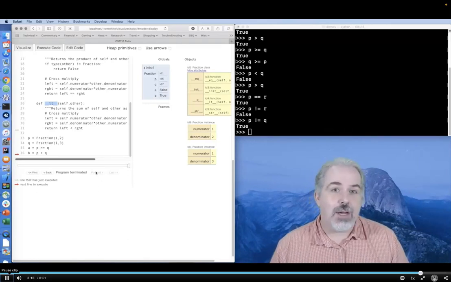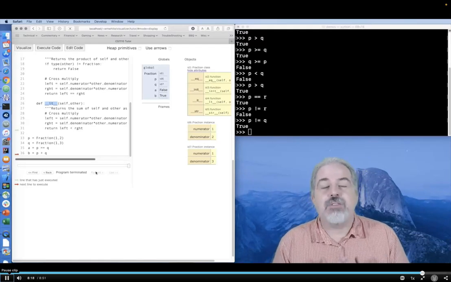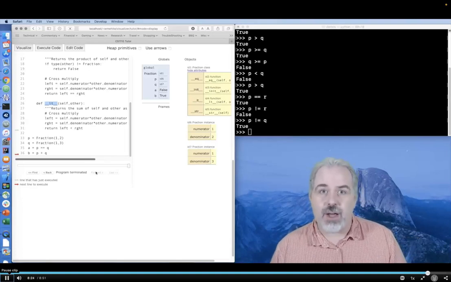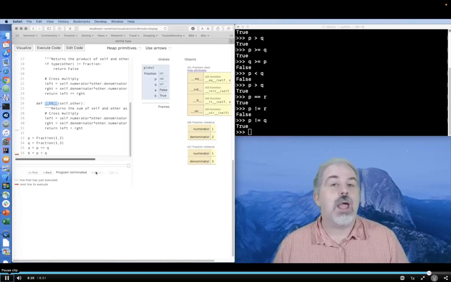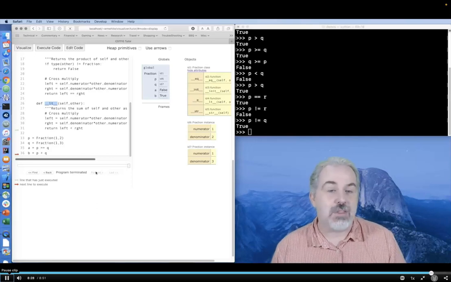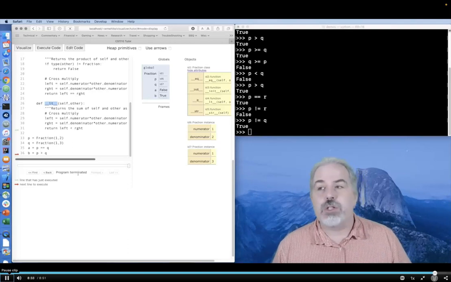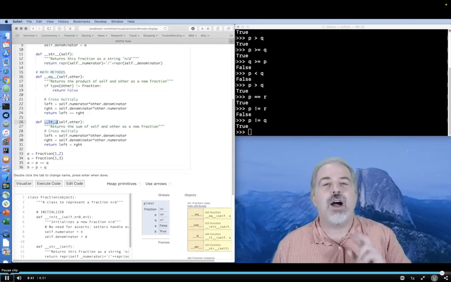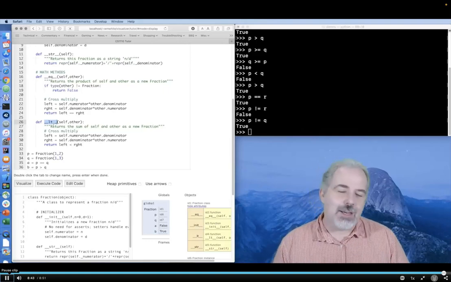So what I'm pointing out here is, if you want to have any sort of object comparison other than just straight folder equality, you're going to have to define some special methods. Obviously, by the way, we define these special methods inside of the RGB class as well. However, you only need to define two of them. You only need to define double underscore EQ right here and double underscore LT. And once you define those two, Python can figure out the